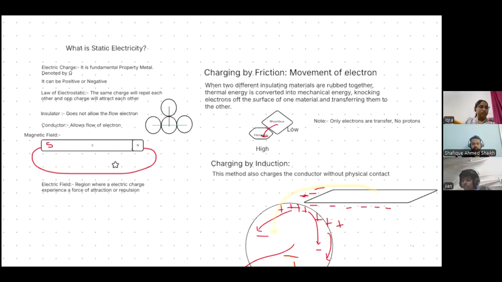For example, when you rub a rod and a cloth, the electrons from the cloth will go from the cloth to the rod. And then after that,